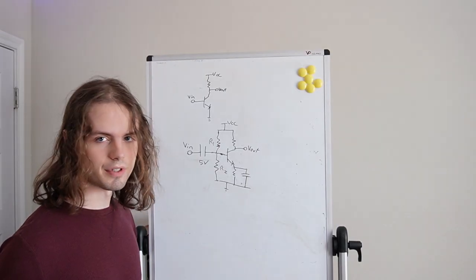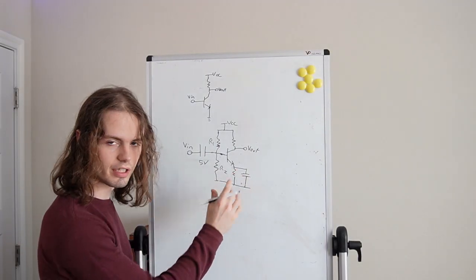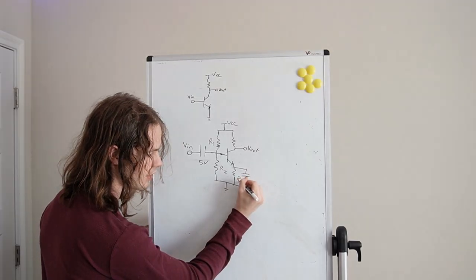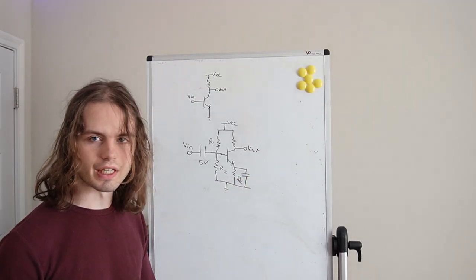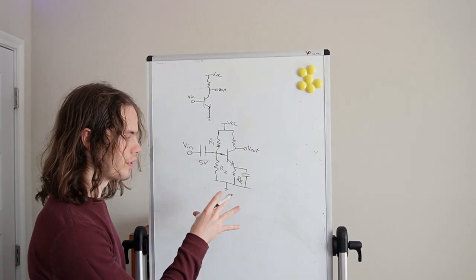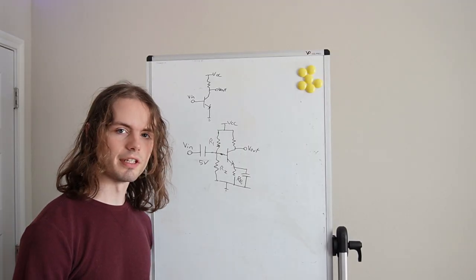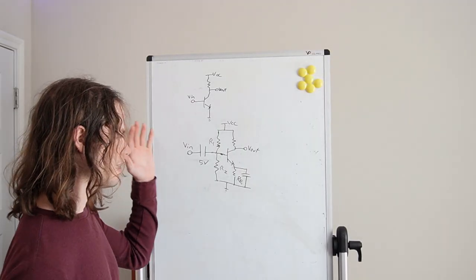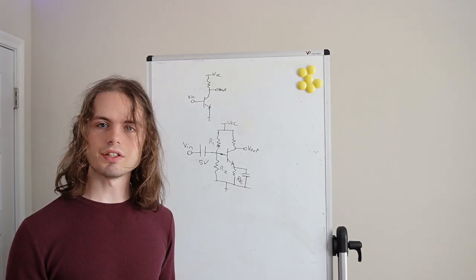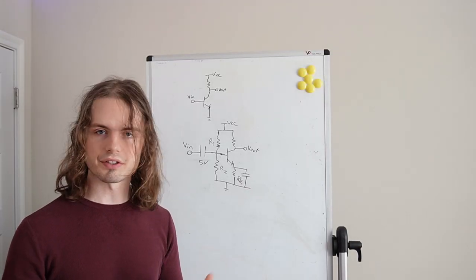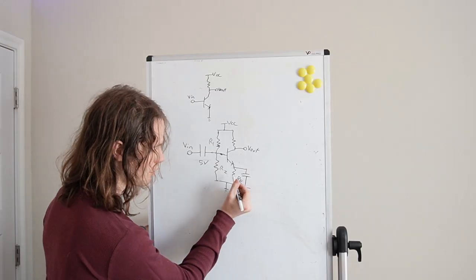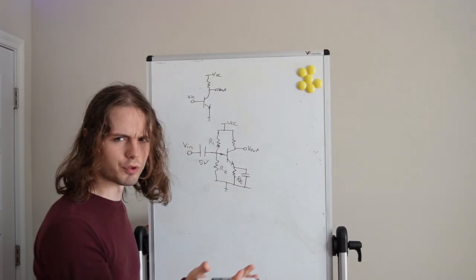Okay, so next up is going to be this section here, and I'm going to start with this resistor, also known as the emitter resistor. So its purpose is stability, primarily for the DC biasing. So you may ask, how does it do that, and why would you want that? So